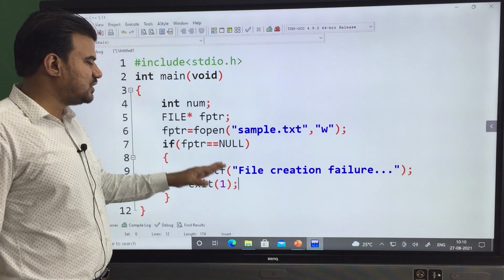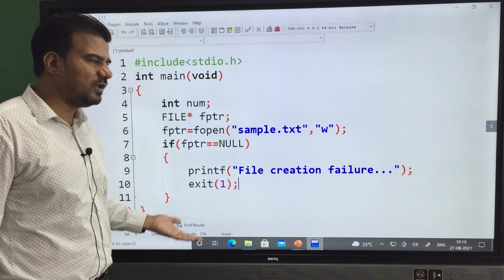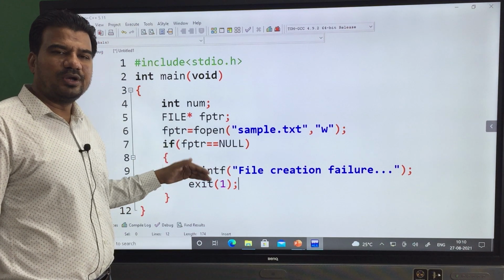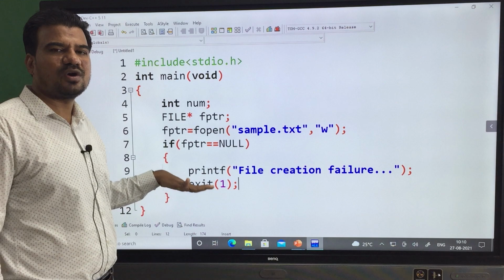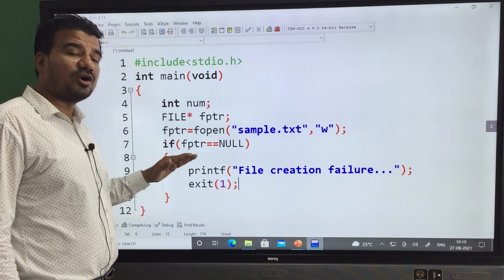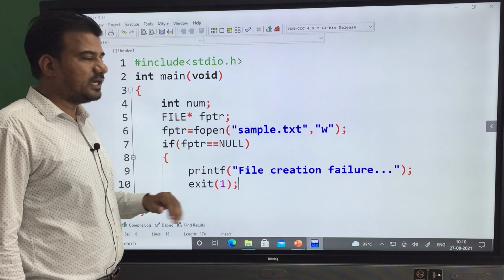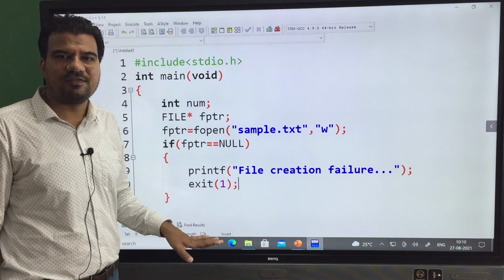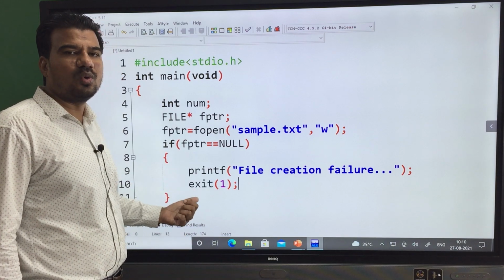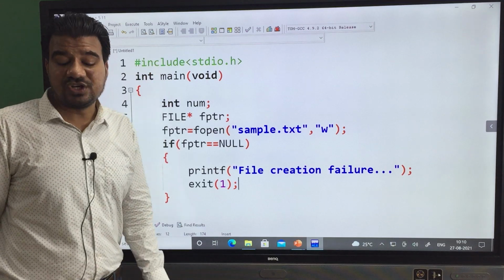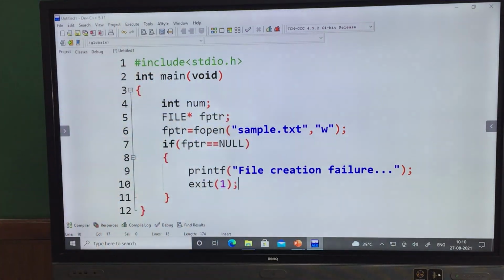If there is any issue in file creation, then what can we read and what can we write to the file, isn't it? Because file is not open, so no need to go further. Here only you stop the execution of your program. So in order to stop the program execution manually, we use this exit function. It is also a predefined function. We no need to bother about the code for this exit function. It is already available inside stdlib, not stdio.h, rather inside the standard library header file.